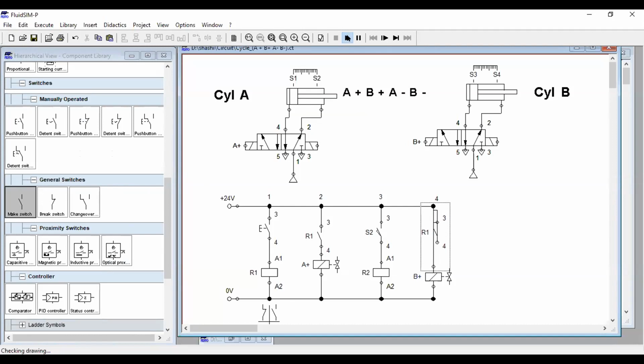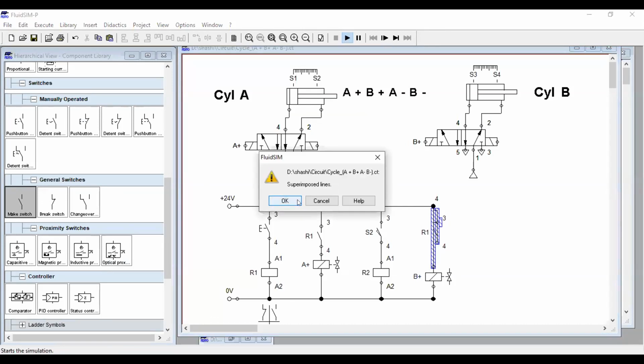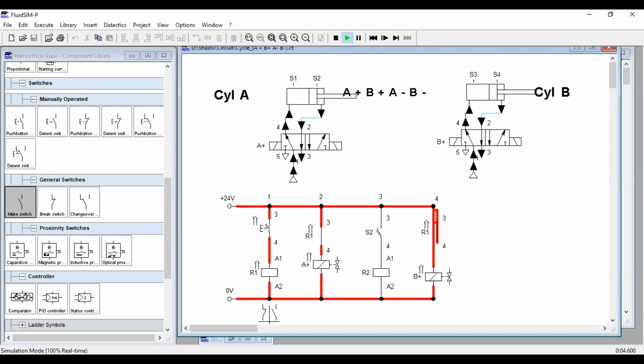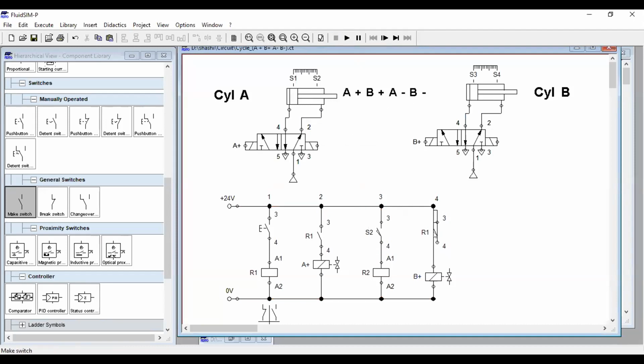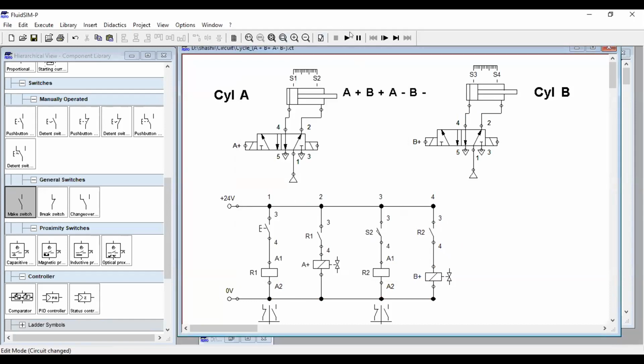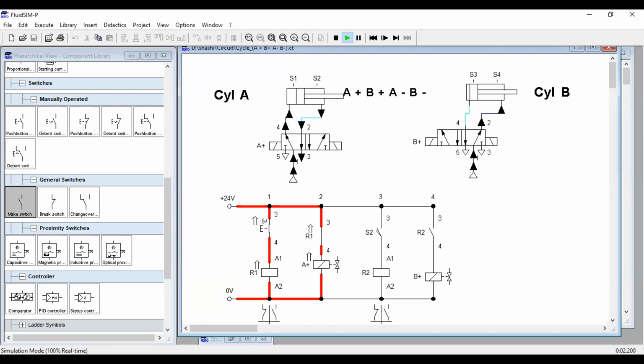So now start, superimpose line, no issue. Click on OK. Okay. So when I press this button, here you can see A plus B plus. So it is happening simultaneously because I use the same relay to operate R1. So here I need to use R2, the second relay which I have used. Click on OK. Then now start, place the switch. So here you can see A plus, then we got the B plus.